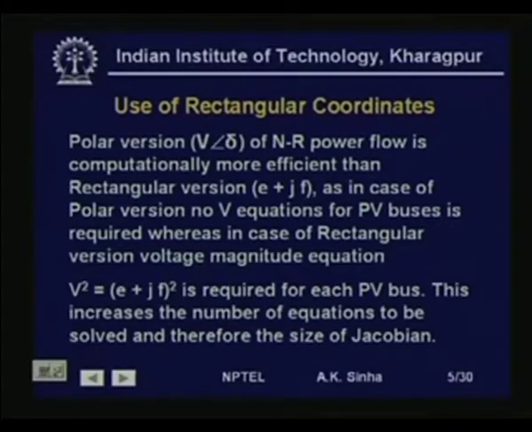PV bus. That is, the total number of equations in this case will be equal to 2 into n minus 1, where n is the number of buses in the power system in case of rectangular coordinates, whereas in case of the polar version the number of equations will be reduced by the number of PV buses present. So this increases the size of the Jacobian matrix, and therefore the solution time is expected to be higher. However,